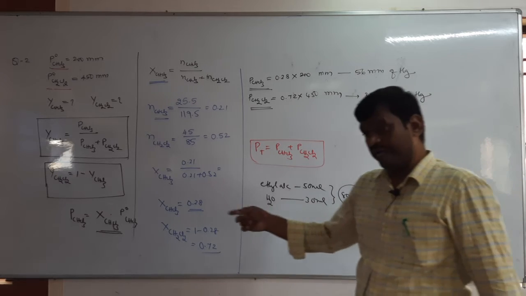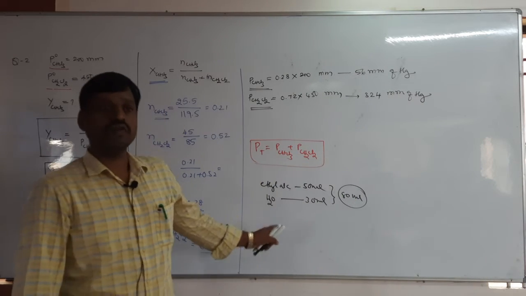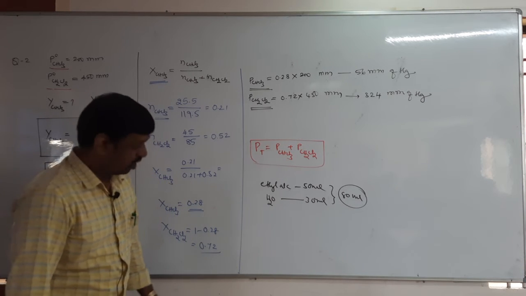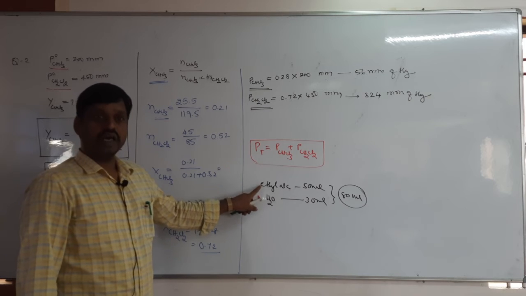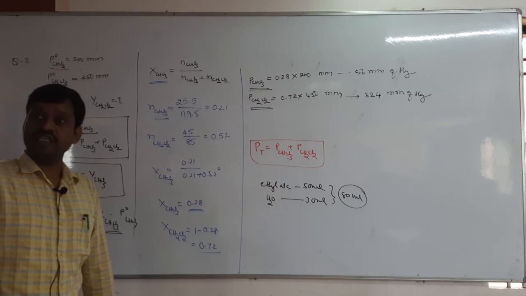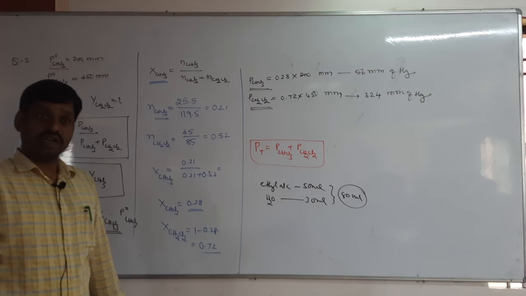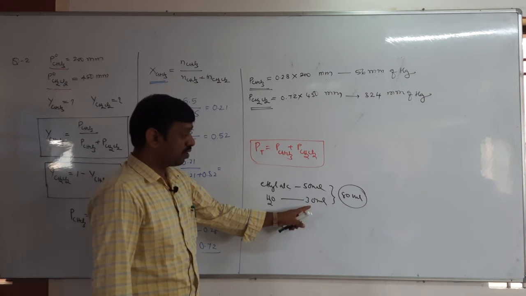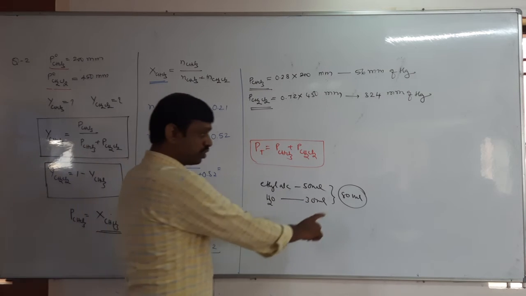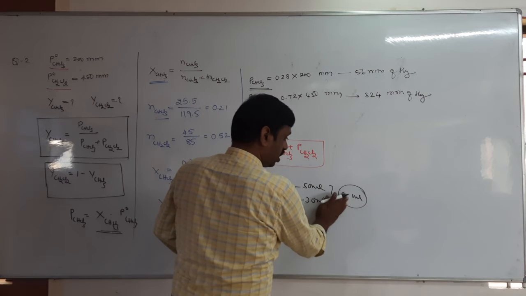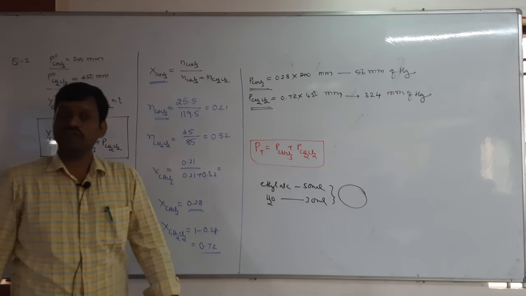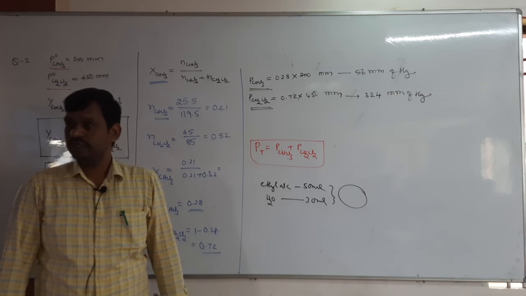Non-ideal solution is again of two types, positive and negative deviation. It comes under which deviation? If you don't know, it means you have not studied. It is a positive deviation. Ethyl alcohol plus water is the best example for positive deviation. In positive deviation, delta V mixing is greater than 0. Delta V mixing greater than 0 means the total volume of the solution must be greater than the sum of the volumes of the components. So we were supposed to get 80 ml, but actually we will get more than 80 ml, because it is a positive deviation from Raoult's law. Okay?